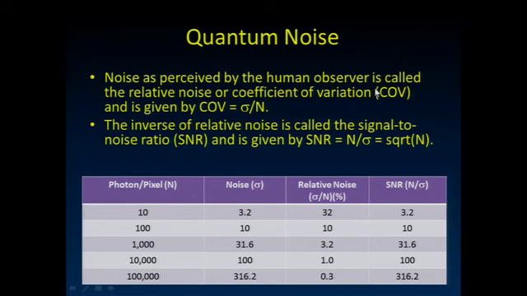We perceive the noise differently when there are a lot of X-rays than when there are very few. So let's take a look at this. Right here, if we had 10 photons per pixel, if we take the square root of that, which was the noise as we talked about, that's 3.2. Now if we go up to 10,000, the square root of that is 100. So 100 is quite a bit bigger than the 3.2, but our eye perceives what we call the relative noise,